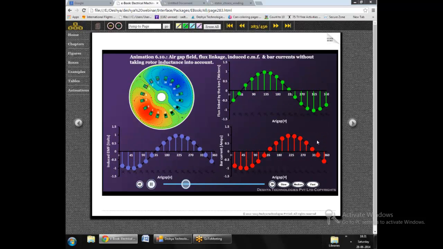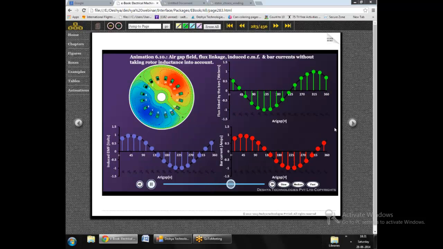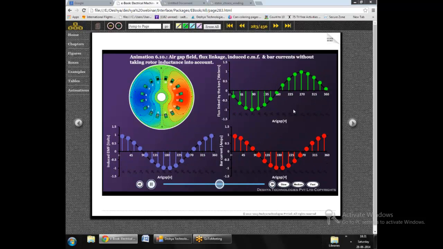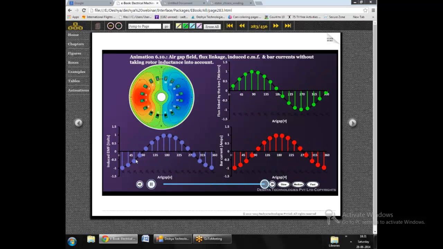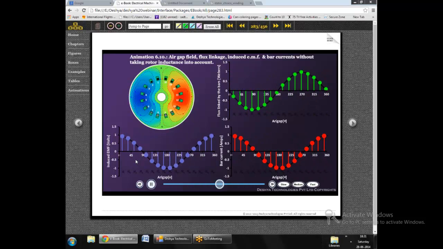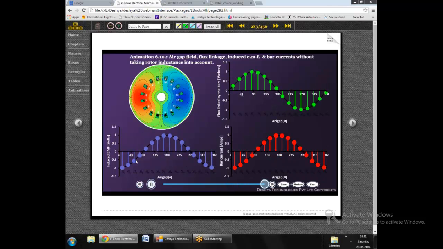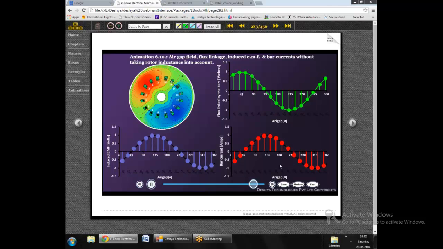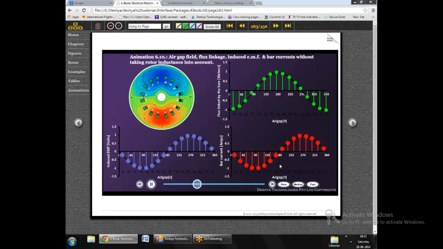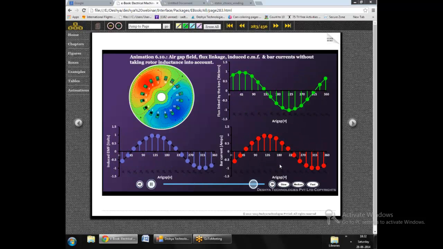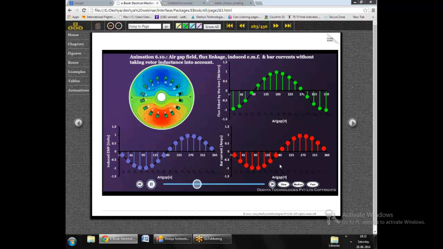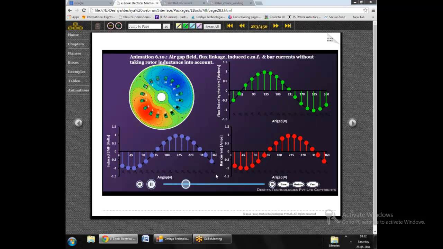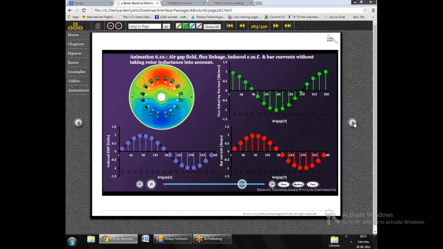So one can actually see those animations more precisely in slow motion, and we can see that the flux linkage and the induced EMF have a phase shift of 90 degrees, and the current and the EMF are in phase because here we have neglected the inductance of the rotor bars. So we have assumed the rotor bars to be purely resistive in nature, and as a result of that the induced EMF and the bar currents would be